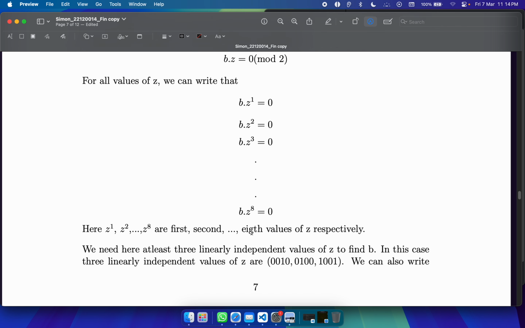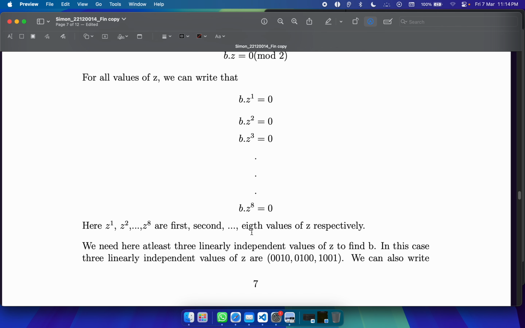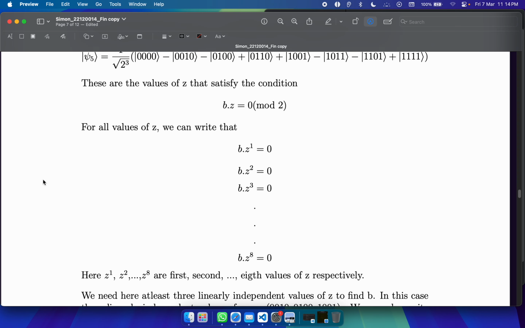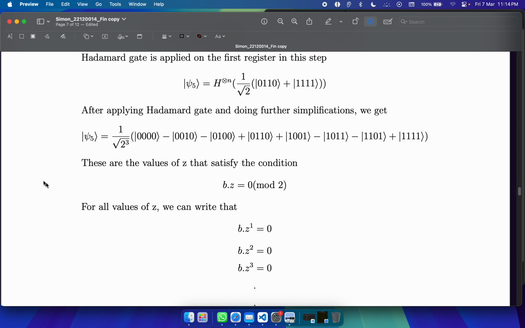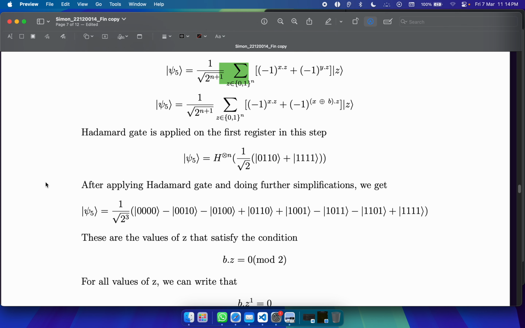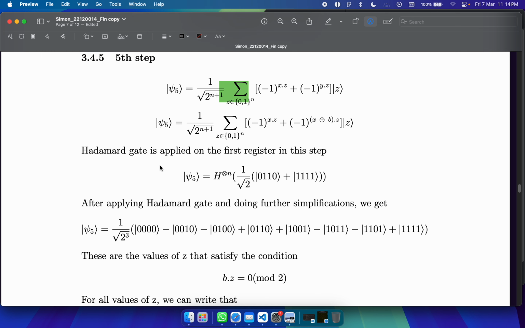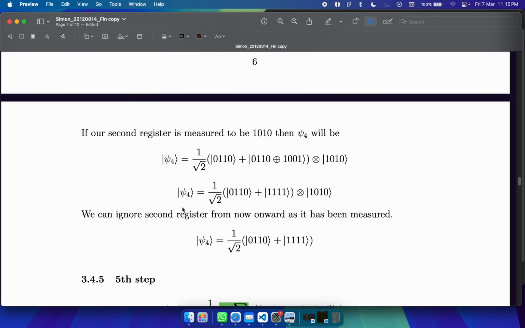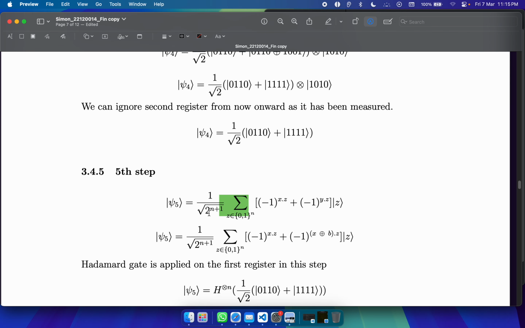Now why are we getting 8 equations here? It doesn't make sense, really. So it says we need at least 3 linearly independent values of z to find b. That's the next step, but I was wondering why this is generating this in the first place, because this is 2n plus 1, right? So n is going to be 4, because the secret string contains 4 elements. So now 2 to the power 4 plus 1, or we could expand this